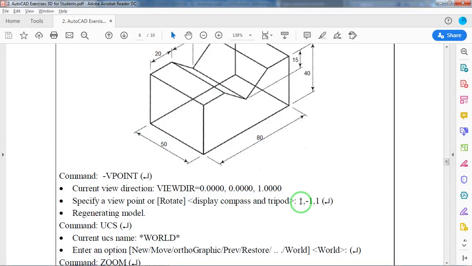Depending on these values you can change it on your own, but you have to analyze the figure. Now if this is the figure, I am taking this point as my UCS origin point, with the x-axis, y-axis, z-axis, and viewpoint 1, minus 1, 1.